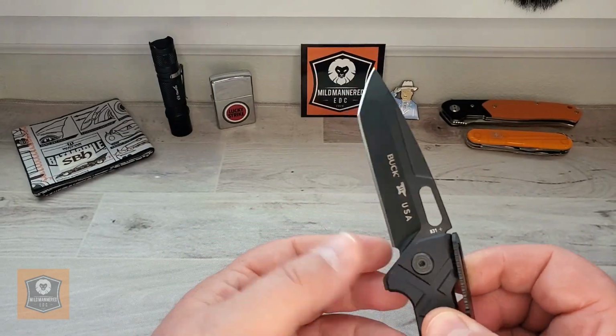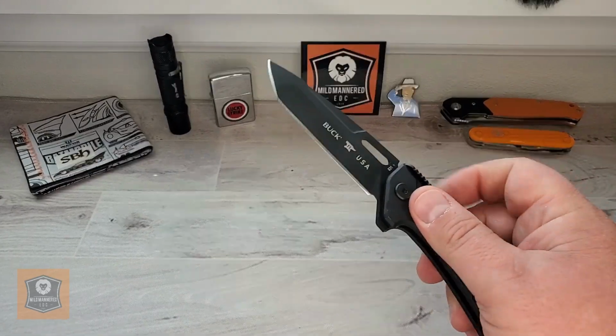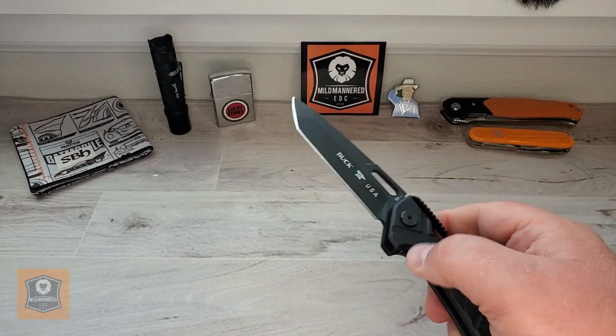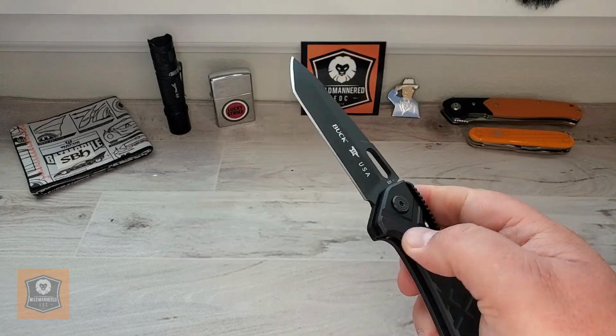But I did use it. He did give me permission to use it. But yeah, I used it for some basic tasks and did some cardboard and a couple of little things. Even did a little food prep with it. But yeah, since I'm here snapping this thing away, let's go ahead and get into action,